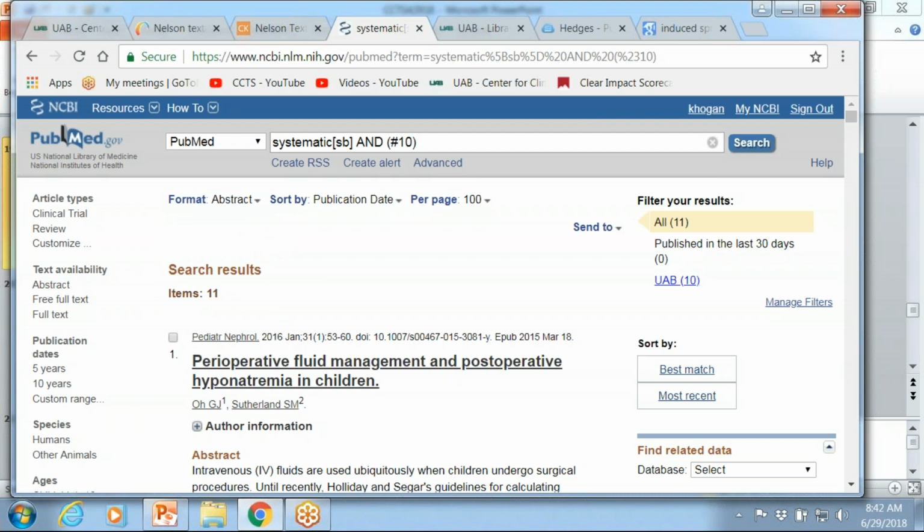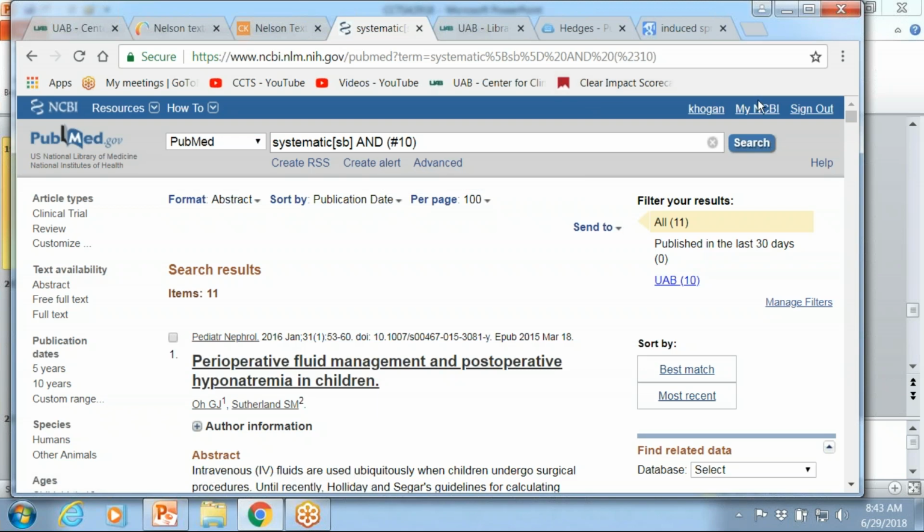Also, in My NCBI, if I wanted to save the search, I could go under Create Alert, and you could save the search to run again. You could say, do it automatically, so it sends you updates every month or whenever you want. I could save my references to a collection, kind of build a collection as I go, if I'm doing an ongoing search.